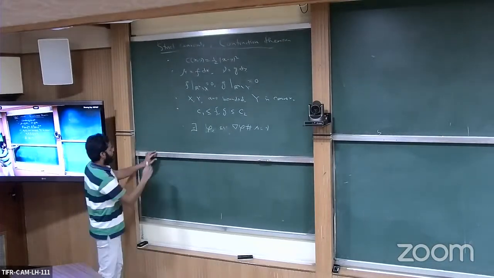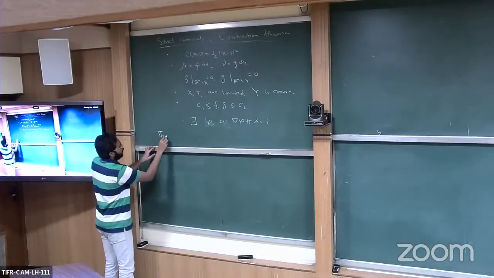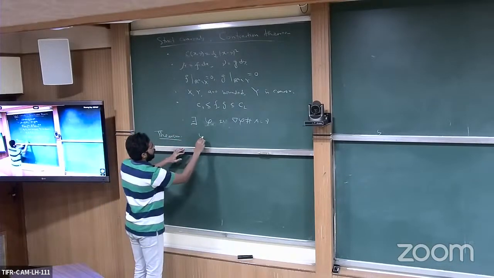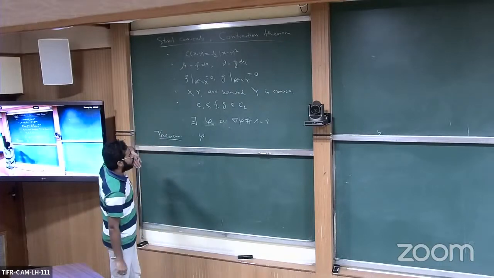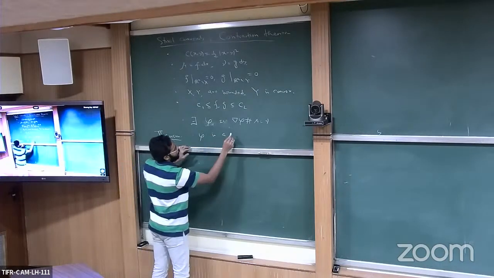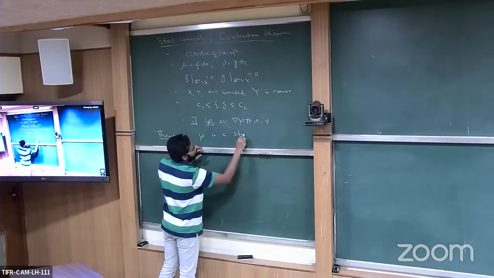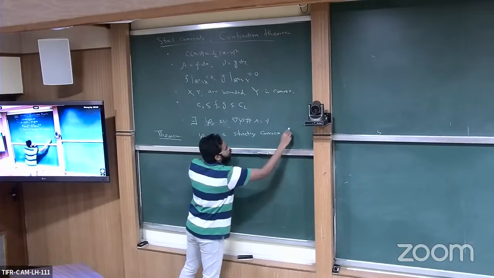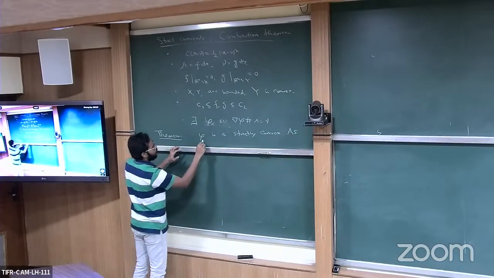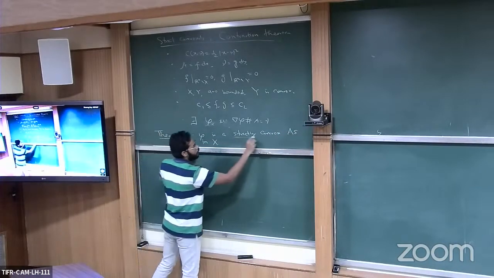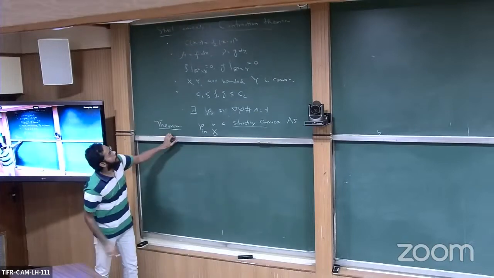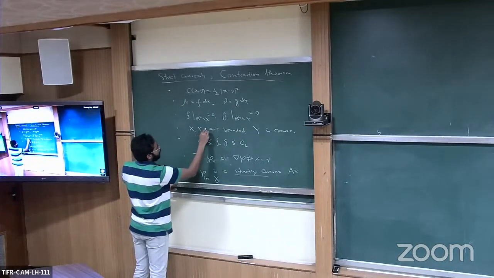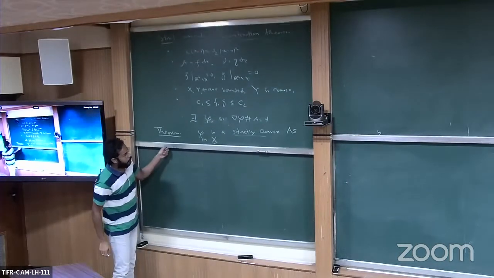And the theorem we are trying to prove is the following: under all these assumptions, this phi is a strictly convex Alexandrov solution in X. Okay, strict convexity inside X. Here I forgot to mention X and Y are open bounded. So this is the theorem